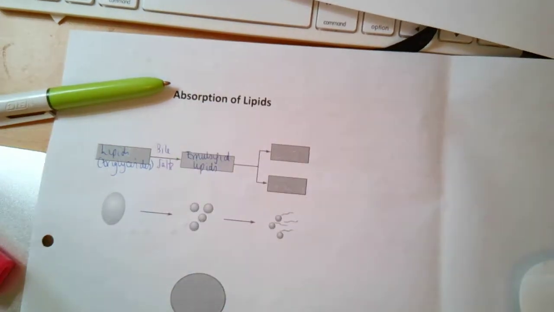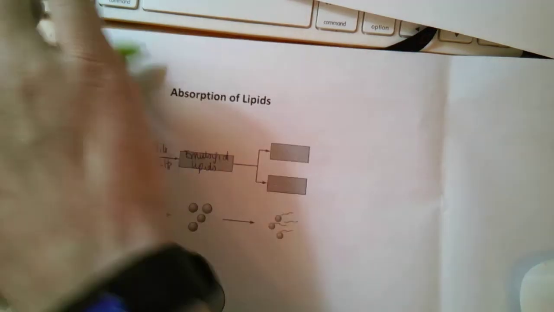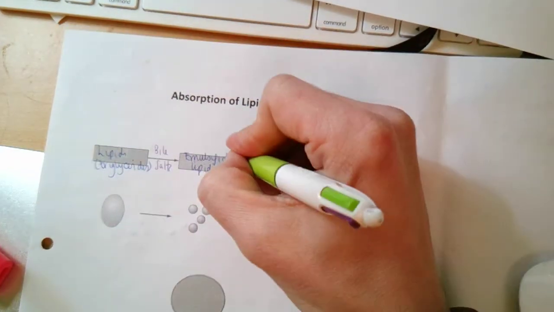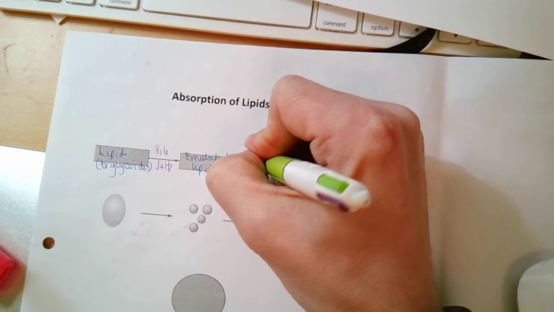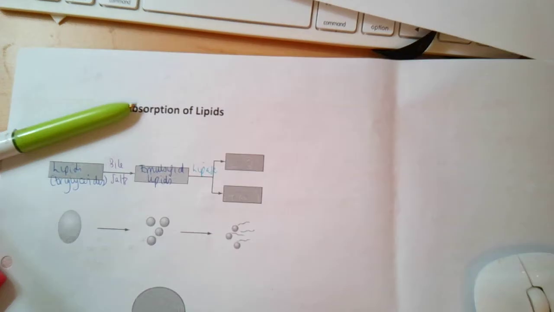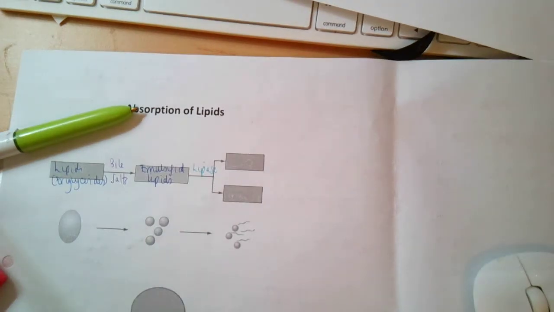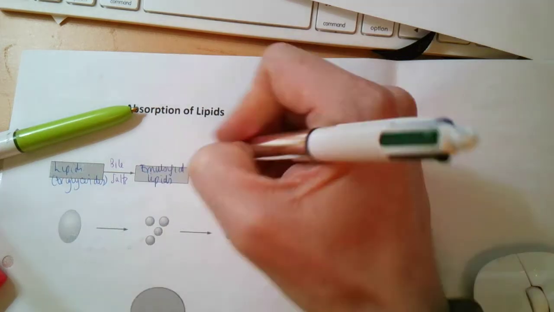So emulsified lipids. And what we then hydrolyze them down to, we then add lipase, the enzyme, because once the lipids now have got a larger surface area, the lipase can then access the triglycerides and hydrolyze those ester bonds, and we form